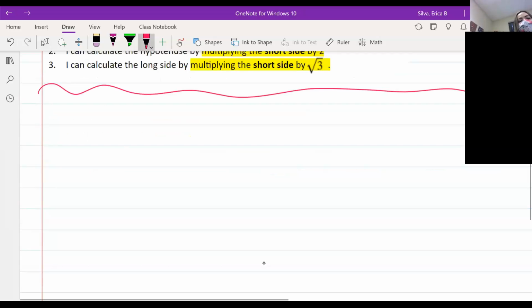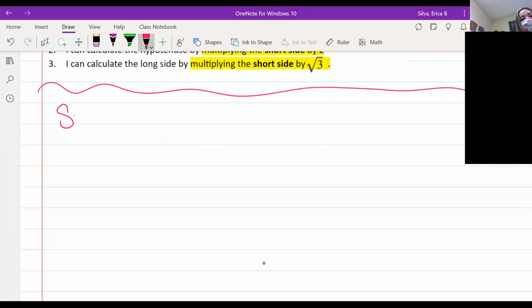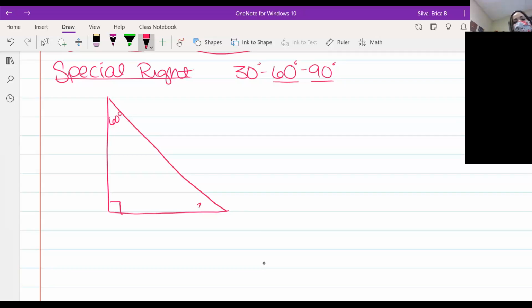For special right triangles, this is our second and final type. The other angle is 30, or if they only give us a 90-degree angle and a 30-degree angle, we know that the third one will be 60. If we have one that's 60 degrees and we know the other one's 30 degrees, then we can conclude that the last one is 90 degrees. So as long as we have two of these three angles, we can identify this triangle as a special right